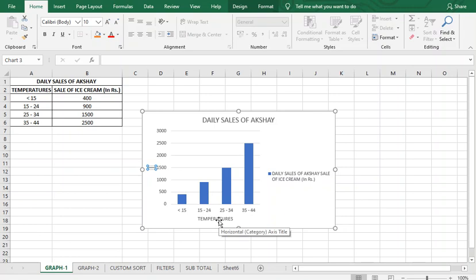We have two axes, x-axis and y-axis. X-axis is our independent axis. The variable that we have on the x-axis will be independent, and the variables that we have on the y-axis are called dependent variables, and these dependent variables depend on the values of x, so that's why they are called dependent variables.